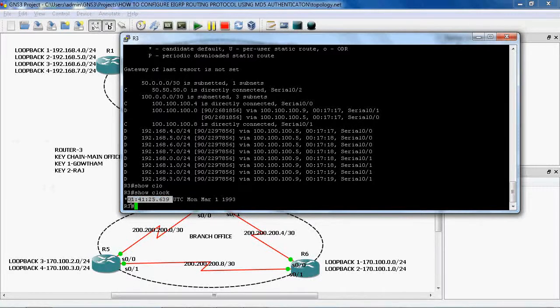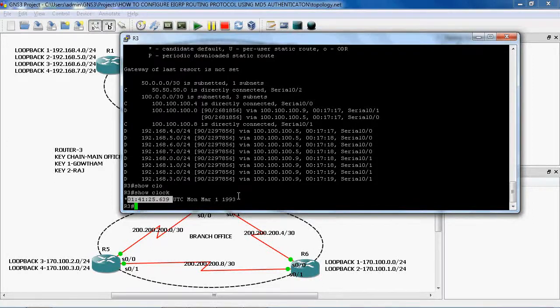But in MD5 authentication we mentioned that the first key can be used from midnight on Jan 1, 2014 to midnight on Jan 1, 2015. In this time we can use key 1, and from midnight on Jan 1, 2015 to infinity we can use key chain 2. But the time is 1993, so in this time we cannot use any key, so it cannot form a neighbor relationship.